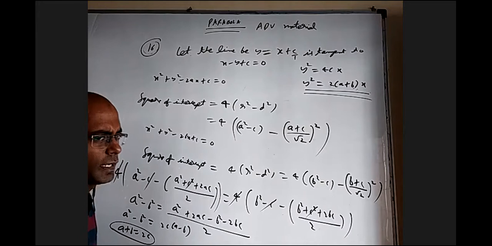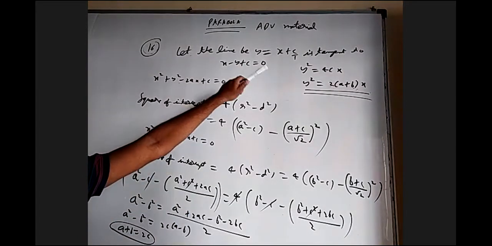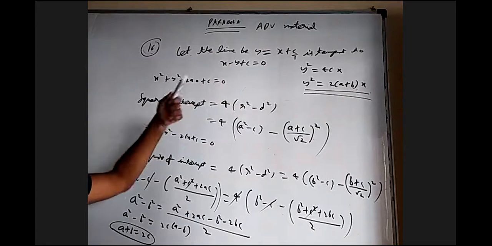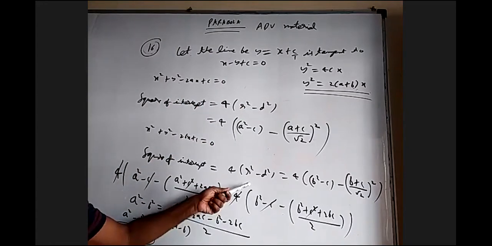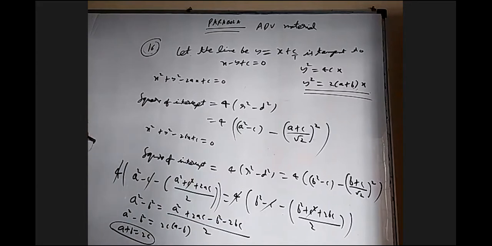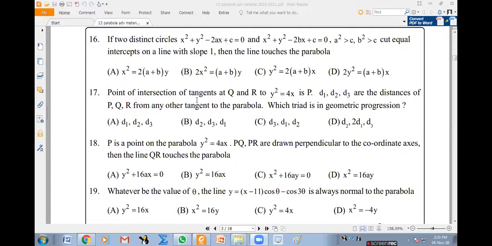Okay, nothing great. They gave a line with slope 1. We don't know the y-intercept, I called it c. On that line, the first circle is making some intercepts. The second circle is making some intercepts. Those intercepts have to be equal. Somebody wants, I can share the question again. The answer should be option C. Okay, so please read the question once again if you want, and then try to understand the solution. If any doubt, please ask.